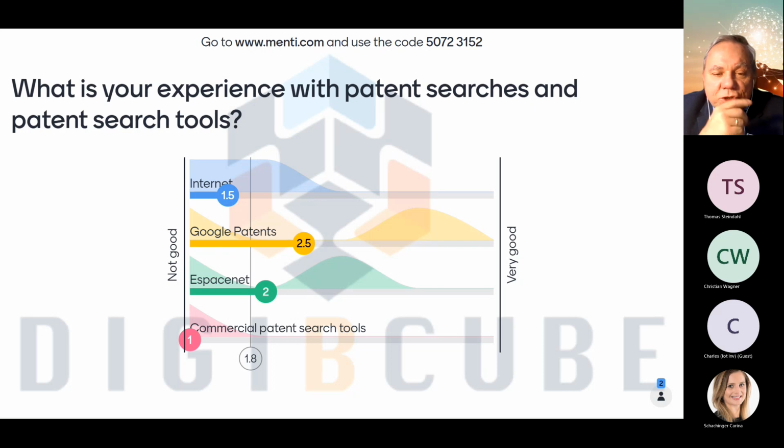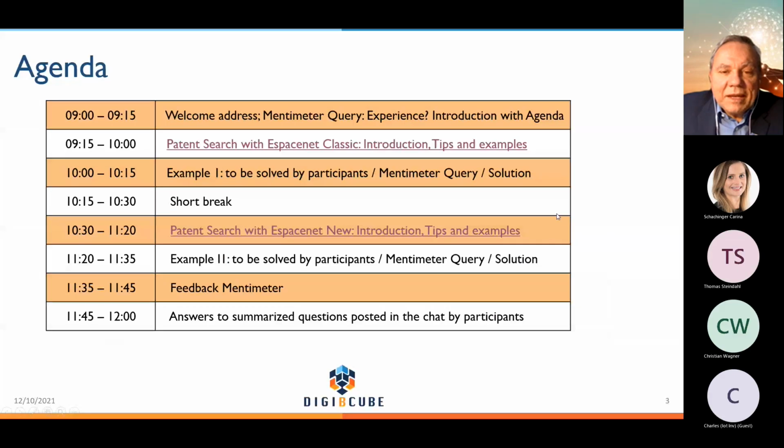So please make sure that you use the more advanced recent version, which gives you more flexibility in the searches and more options. But nevertheless, I would like to show you that the runner-up Espacenet has a lot more flexibility, options, and documentation to consider. So then I would like to share my screen again and